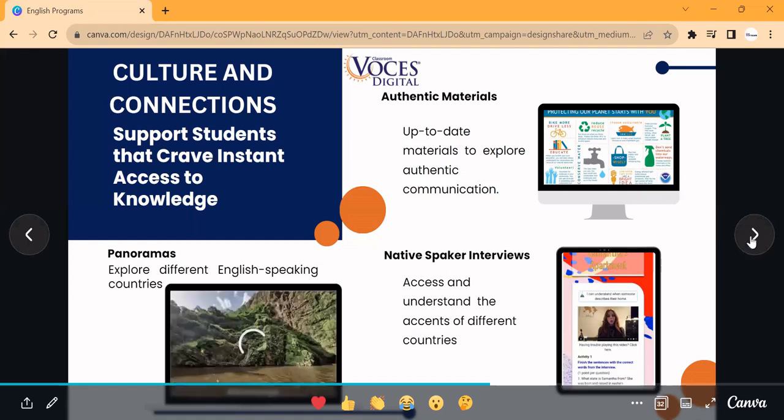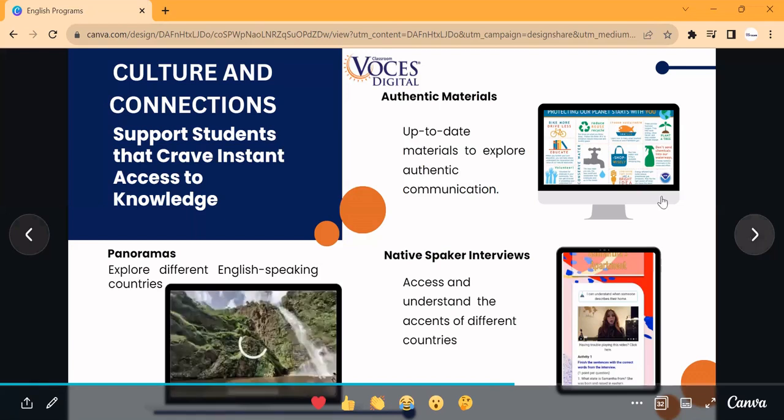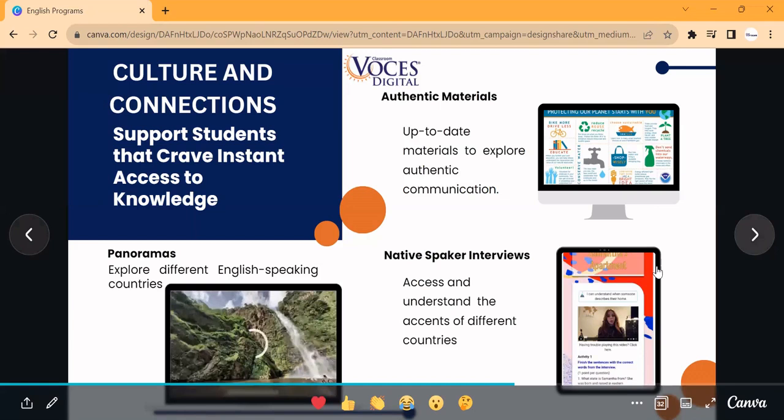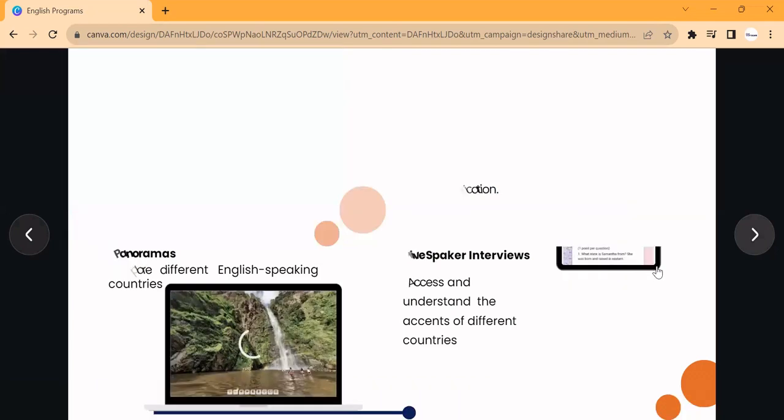It's pretty interesting because you learn so many things about other countries. So this is one of my favorite sections. Also, with all the culture and connection sections, the idea is to build the foundation for our students to develop